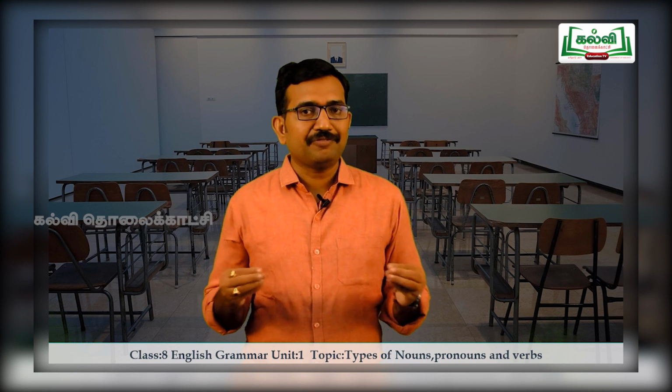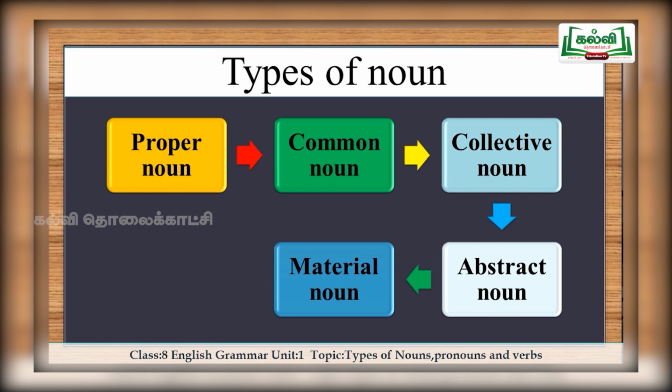So with this, we have learnt about 5 types of nouns. Can we recall those? First one, if it refers to a particular person, animal or thing, it is a proper noun. Second one is common noun, which is generally used for all. We have seen the difference between both of these. And the third one is collective noun, which is given for a group of animals, persons or things.